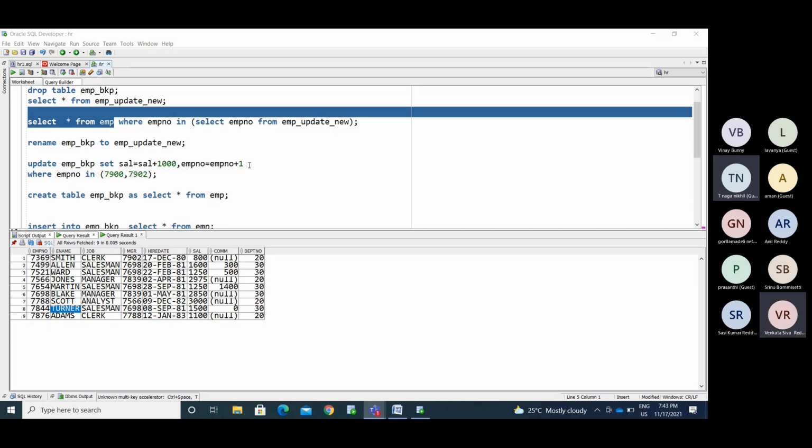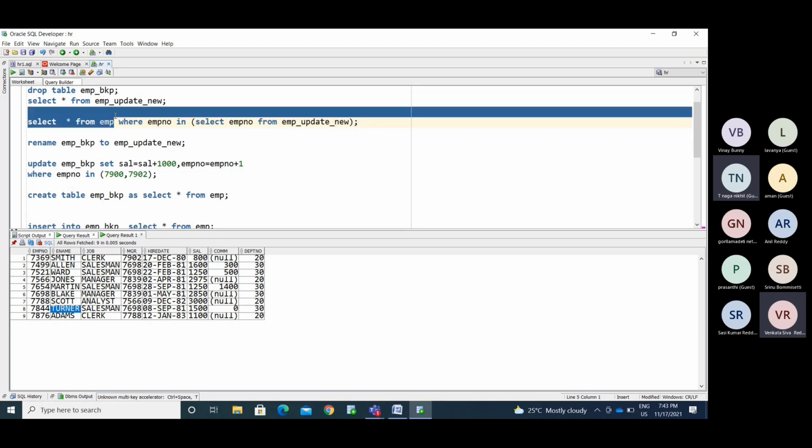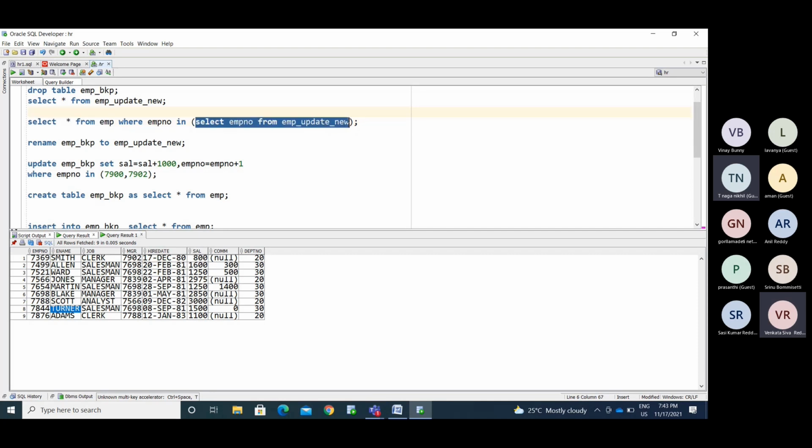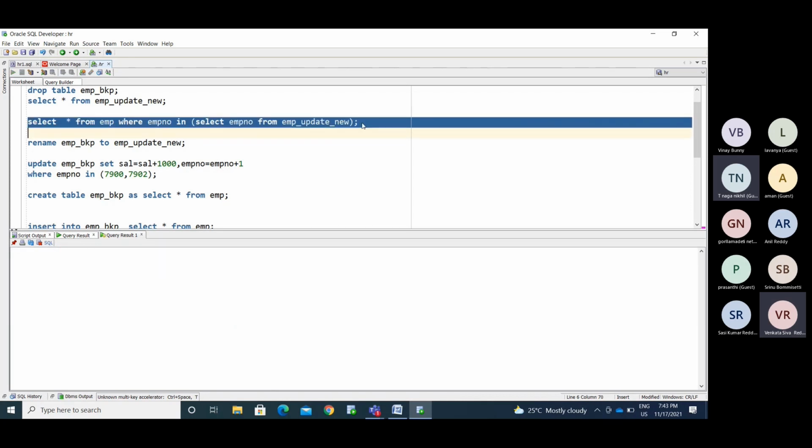Okay, so now I want to find out who are the new employees and who are the old employees. Today's information has, I don't know, who the new and who the existing employees are. So this is my total employee information. Out of this, I am trying to search whether any existing employee is present in the employee table. If an employee is already in the employee table, that means he is an old, existing employee.